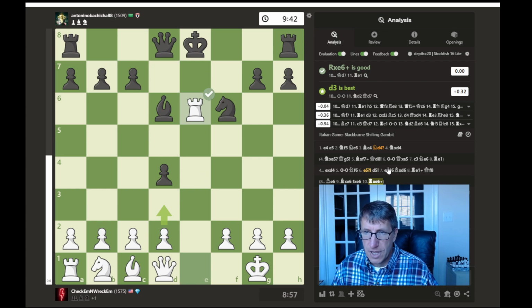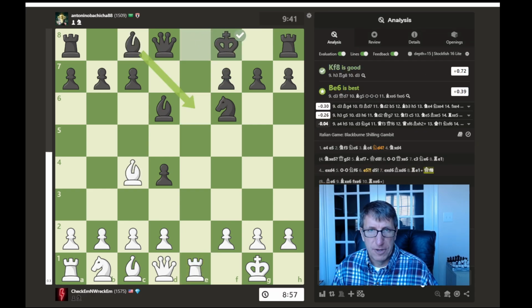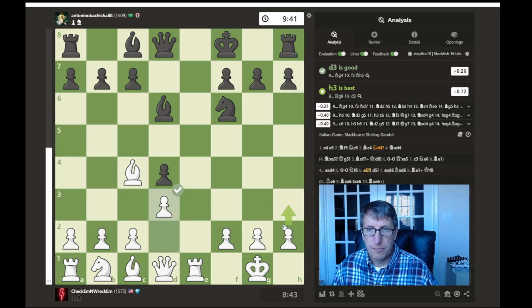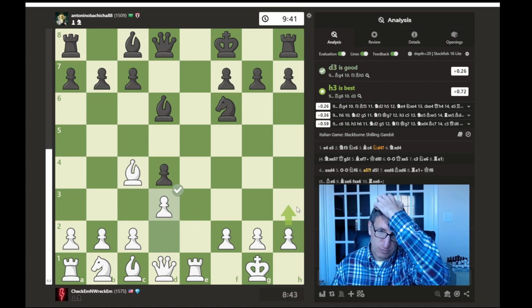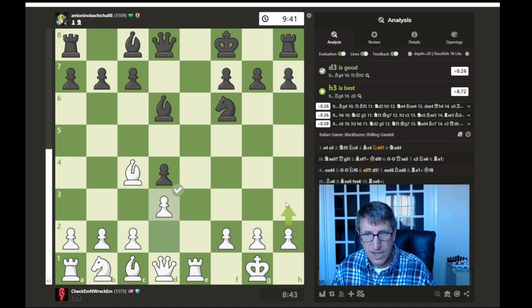All right, so let's go back, take a look at what happened in the game. So the king moves over. We go ahead and push our pawn, but it says h3 is best, which would have kept the knight out. And I thought about that move. So yeah, I probably should have played that. But